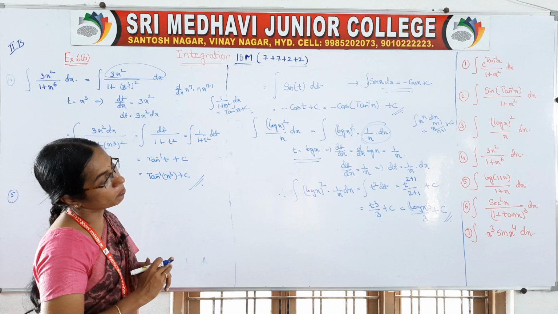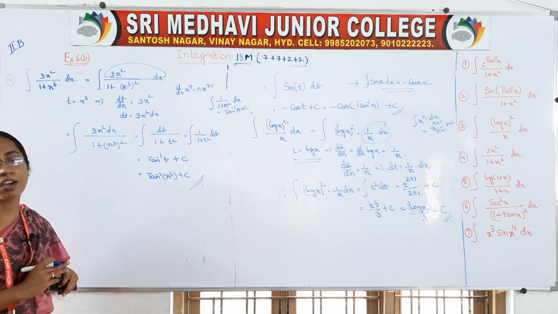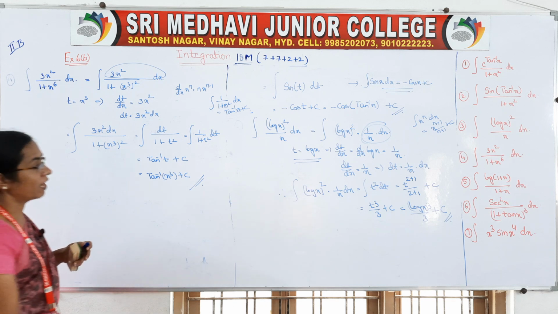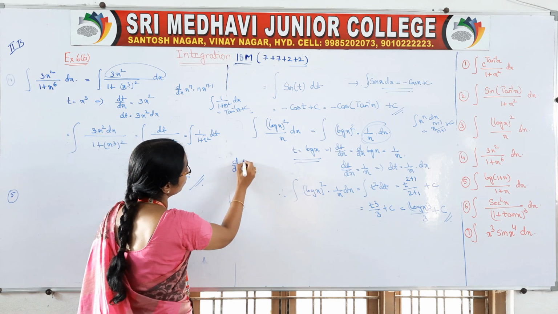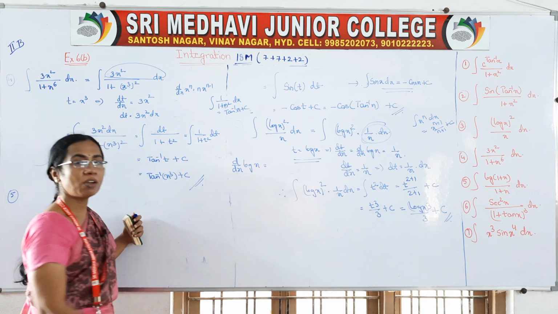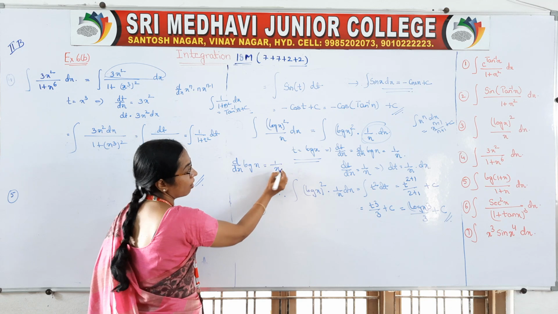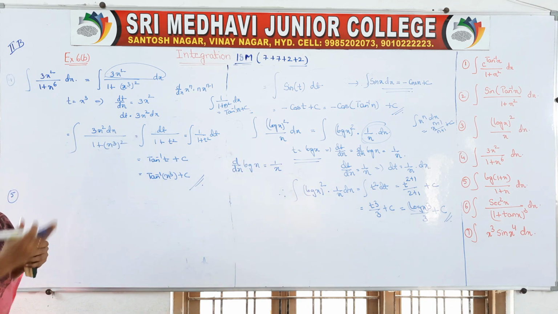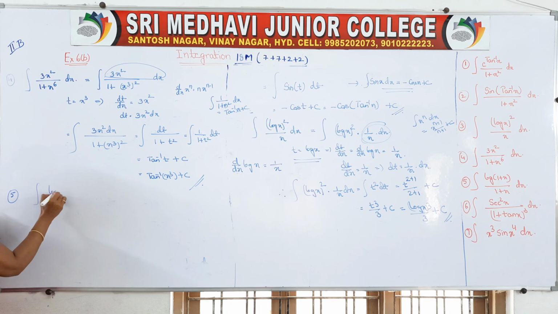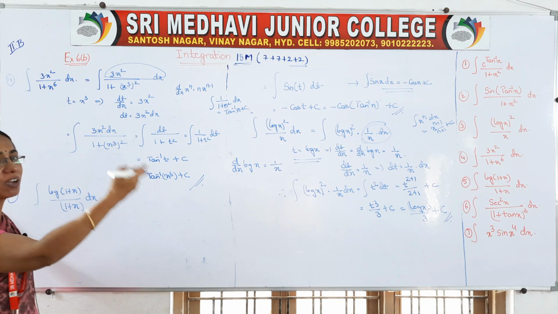So observe that problem. You know very well d by dx of log of any value is 1 by of that value, isn't it? d by dx of log of x. Instead of x we can have any value. d by dx of log of any value, I said it as 1 by of that value into d by dx of that value. So observe this problem. We are having integral. What is the question? Find the integral of log of 1 plus x by 1 plus x dx. So log of this value and 1 by of that value, isn't it? So d by dx of log of that value is 1 by of that value.